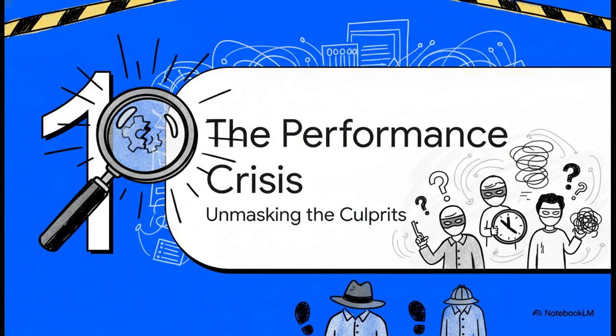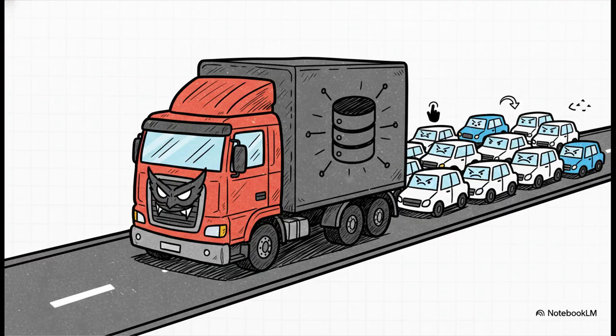To solve this crisis, we have to put on our detective hats. We need to unmask the usual suspects, the common culprits behind all these performance nightmares. And listen, it's usually not just one single thing, but a few key villains working together to just ruin the user experience. And here is public enemy #1, the most common and honestly the most destructive villain of them all,